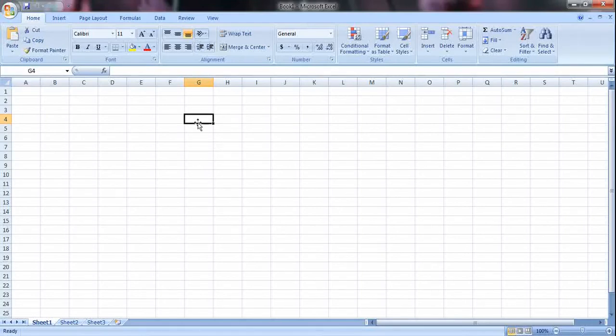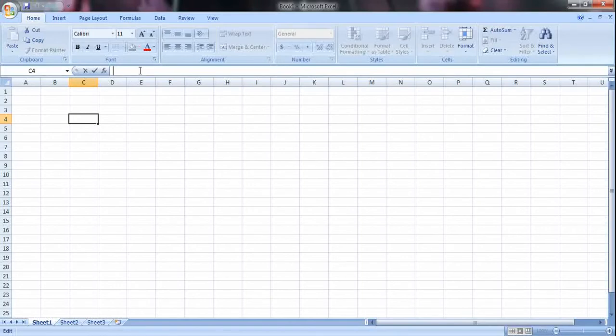How do we determine the name of the active cell? That we will be learning later on in this video. So for now, this bar is called as the name box and it displays the name of the active cell, that is currently selected cell. Beside the name box, we have another bar and this is called as a formula bar.